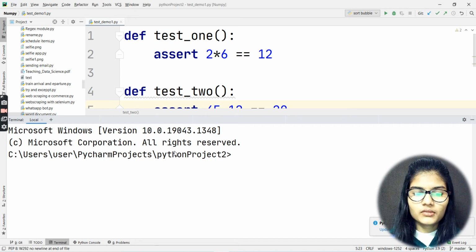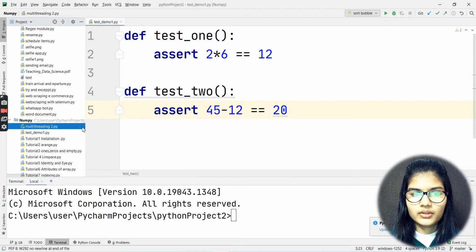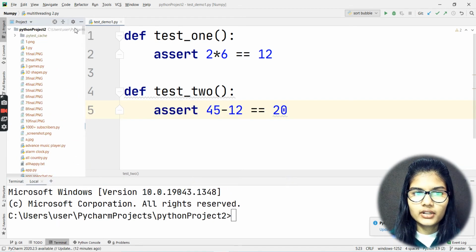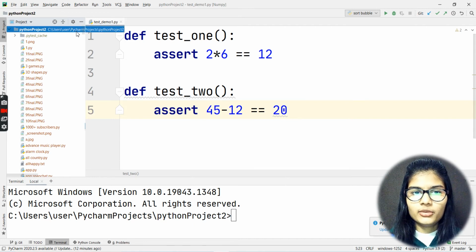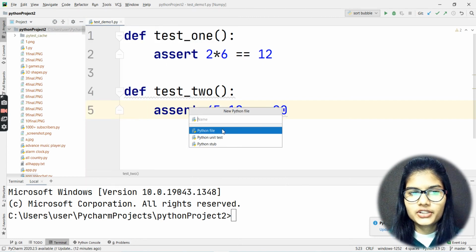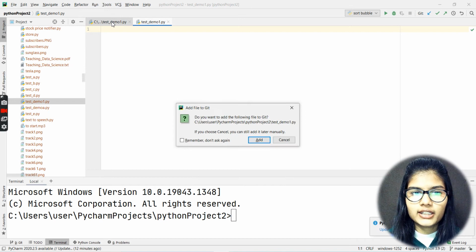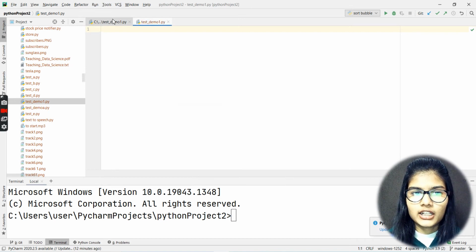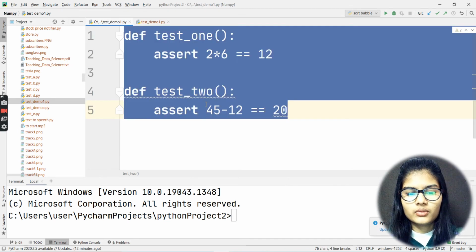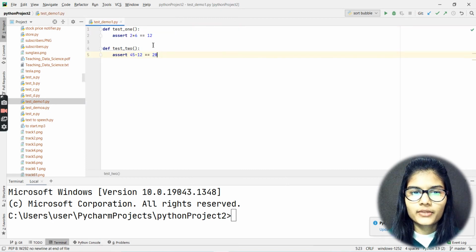Okay, and actually let me do one simple thing. Let me take this above, and let me make a new file here in the same folder which I am having access to. So I'll be making the test underscore demo 1 here, right? And whatever I did, I cancel. And whatever I had here, I do Control A and Control C, and I'm going to paste that right here onto this particular file.